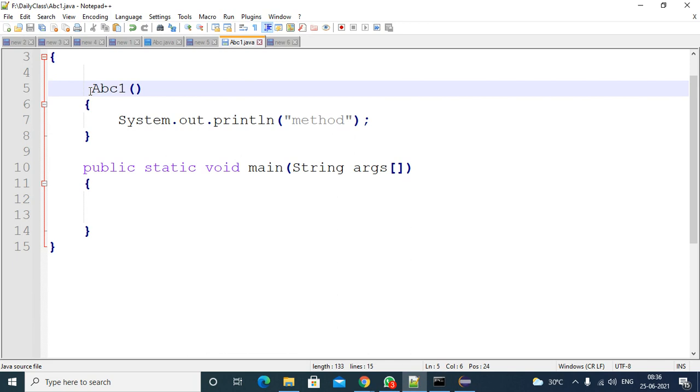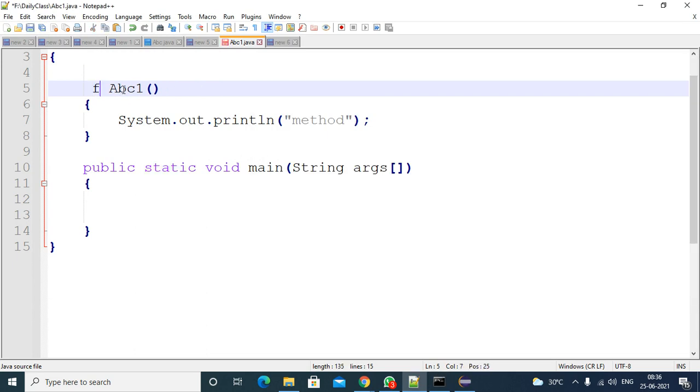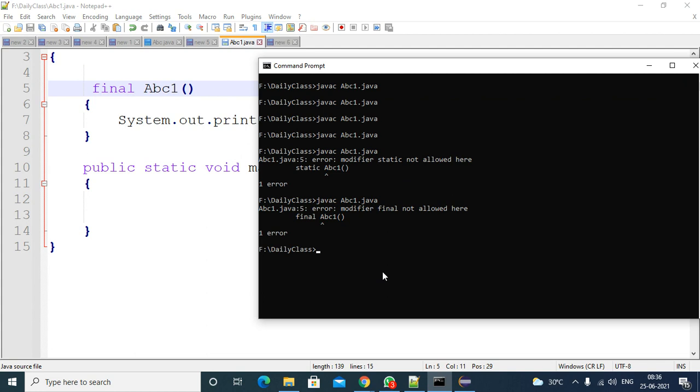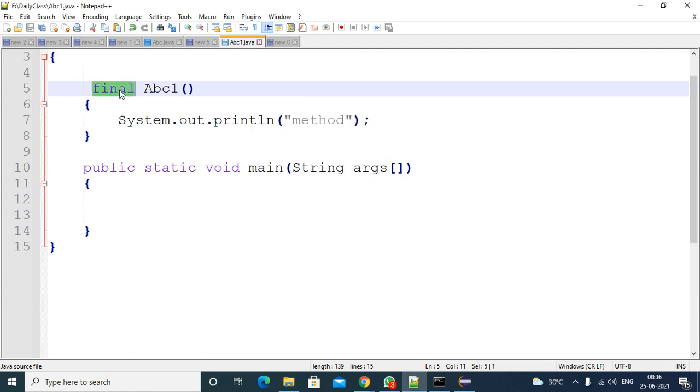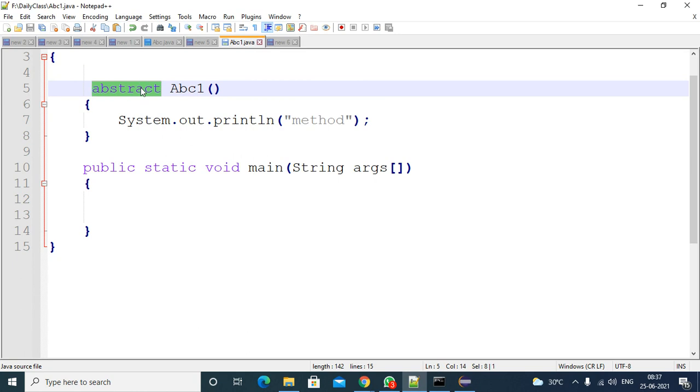Other than these, if you try to apply any other modifier like static, it is not allowed here. Compile, and you are getting an error. If you try to apply anything other than public, private, protected, such as final or abstract, you will get an error.